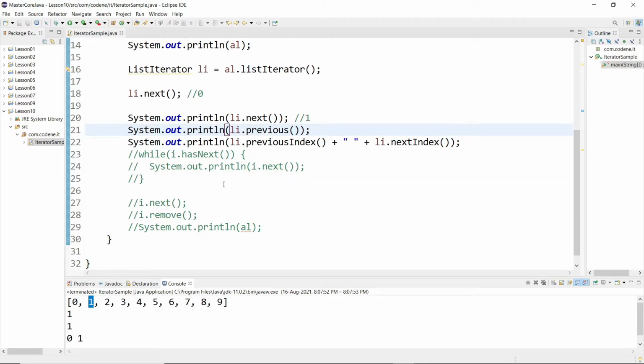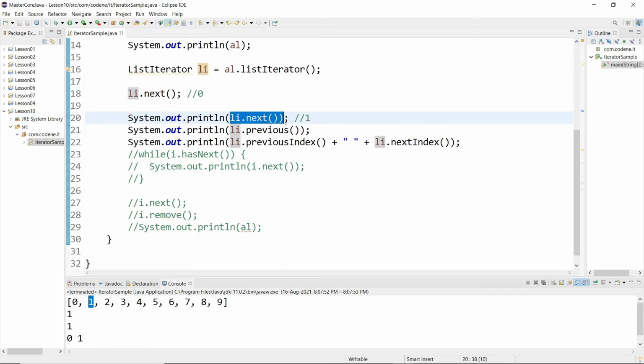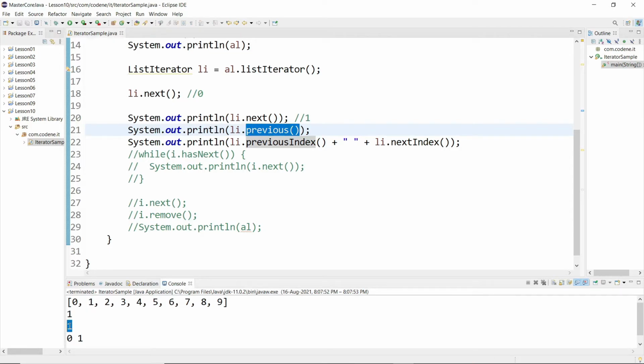In the first example, it appeared like previous index would give you the current index only when you call next, but that is not the case. The fundamental behind previous index and next index is that previous index will give you the index of the element that will be called when you use previous. Now when I use the previous method, I am getting 0. We should be getting 1 like the first example, but I'm getting index 0 because when I call the previous method again, the index will move to 0, and that is the reason why I'm getting 0.